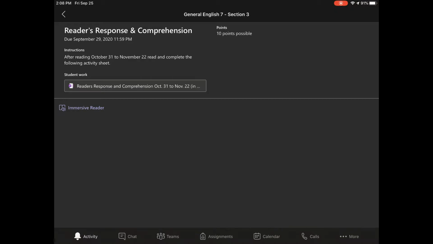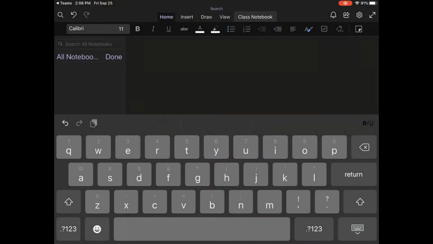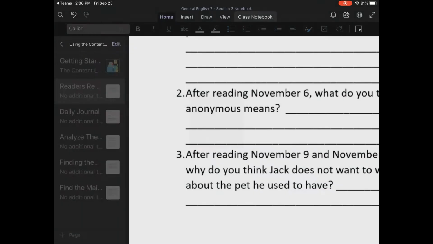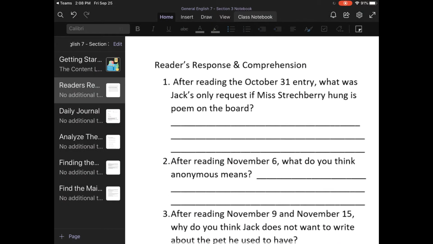Today I'm going to show you how to use a text box when writing in a OneNote assignment on an iPad. So as you can see, I have an assignment brought up on my screen, and I'm going to open that OneNote page. The assignment has now opened on my iPad,